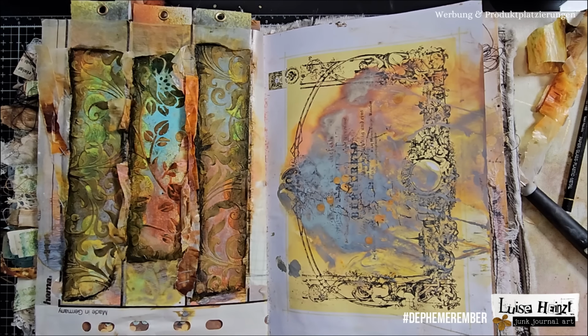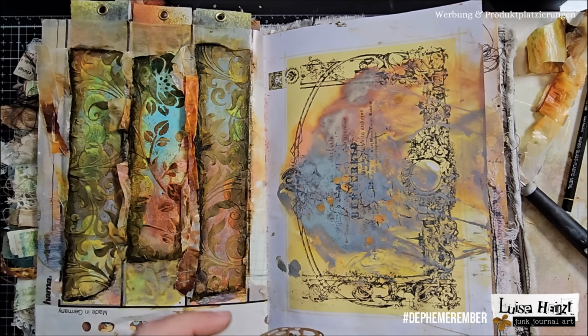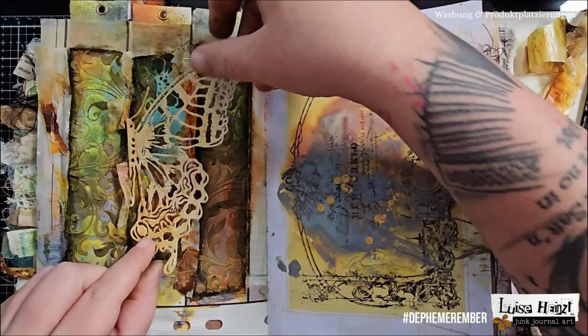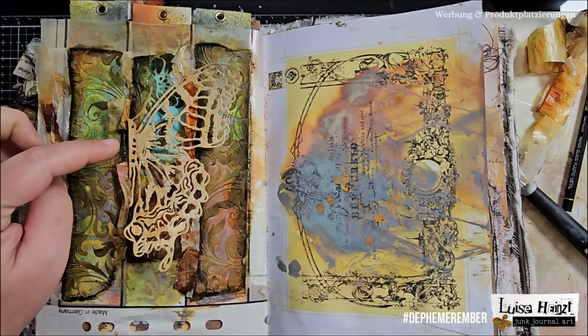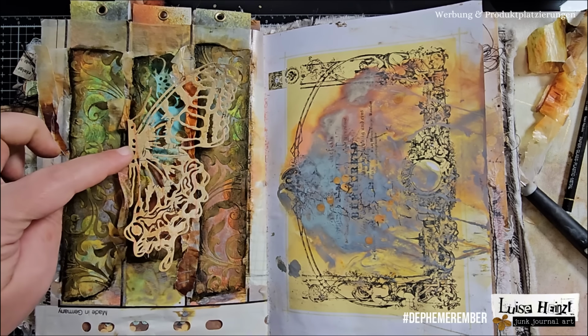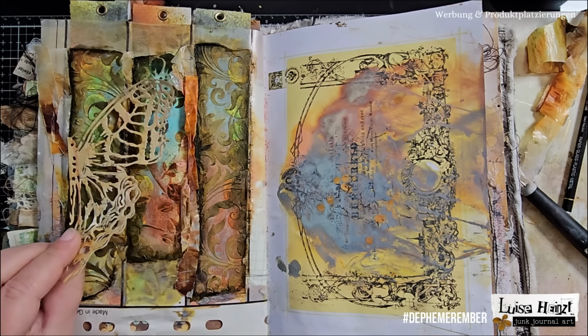I really like this, but I miss a focal point here. I have some options here. Let's see what could work here. I have this half butterfly. This is the perspective butterfly die cut by Tim Holtz. This is really nice, and I think a die cut in general would work really, really well